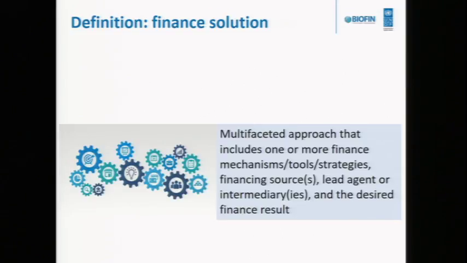Finance result. What we mean by finance results are those 4 financial results. We talk about generating revenue, realigning existing expenditures, avoiding future expenditures, and better delivery, delivering better with what we have. Those are the outcomes, the results. And so the solution